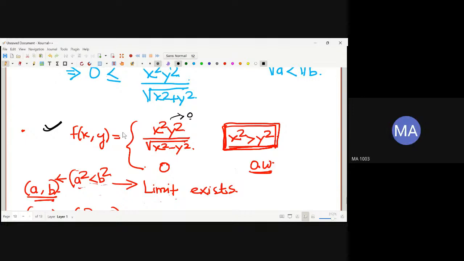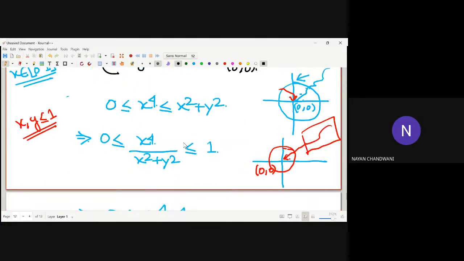No, if you have set the boundary of x and y as less than 1, but it is less than or equal to 1. In case it is equal to 1, then it is not valid, but less than 1 will definitely hold. I don't know what you are talking about. Okay, let me